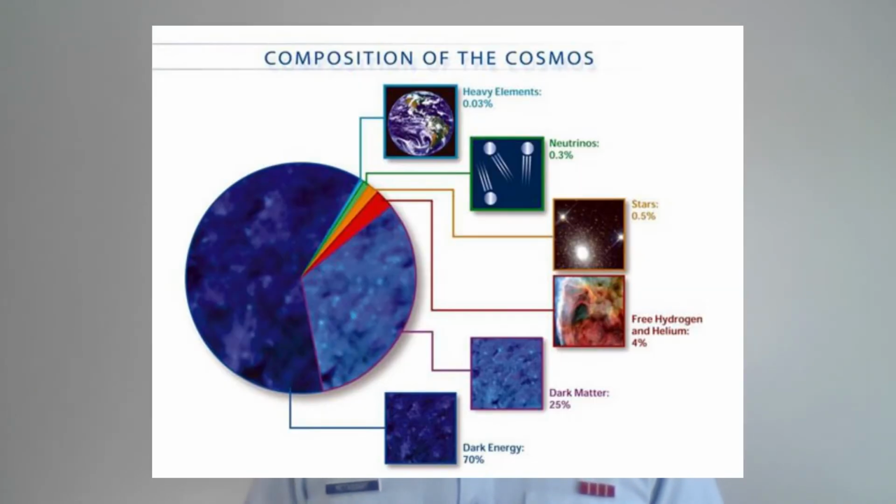And that picture of Earth at the top, the heavy elements that represent only 0.03% of the cosmos, that's us. That's all the elements apart from hydrogen and helium. It's kind of amazing to think that everything you've ever touched, all the air you've ever breathed, the ground you're standing on, anyone you've ever met, all exist inside that tiny fraction of our universe.